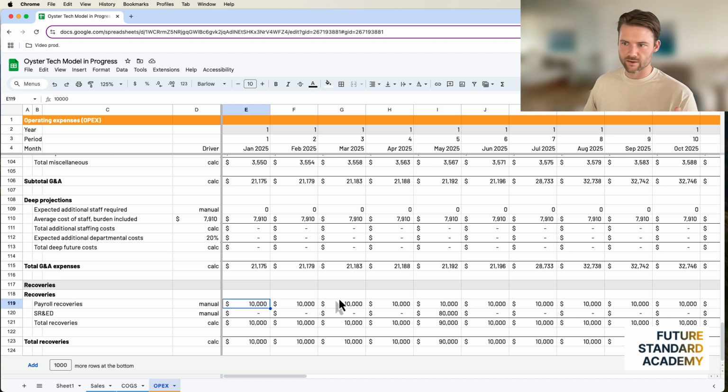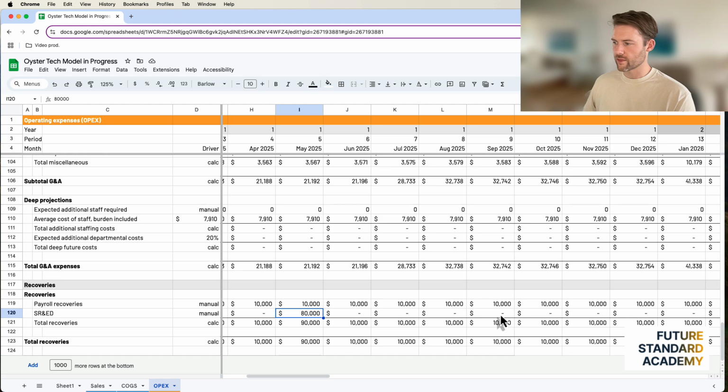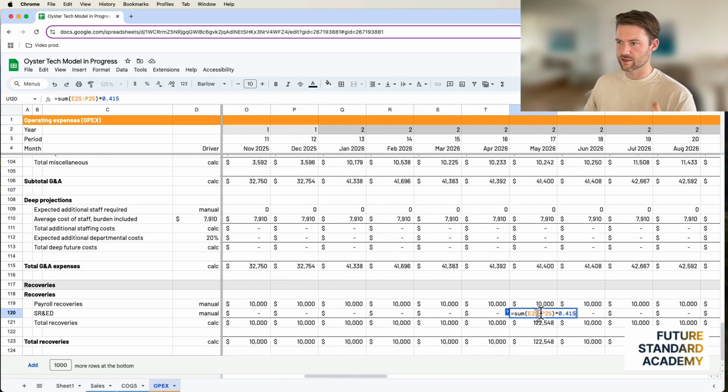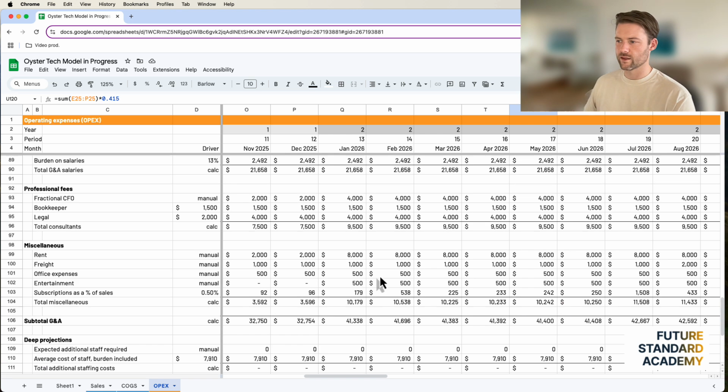In this case, I just added a flat 10,000. For Shred, we got 80,000 in the first year. If you're not in Canada, this isn't relevant, but we get money back from the government for engaging in research and development work. In this case, this would actually be driven from the research and development team, which I would generally do. You can see it's about 40% of the enhanced rate multiplied by the...